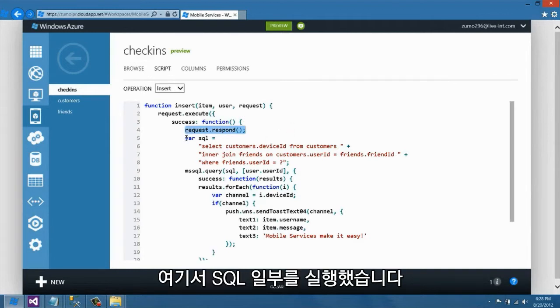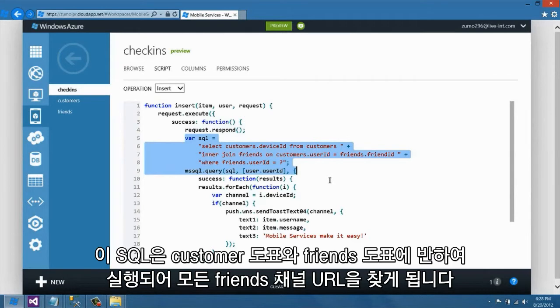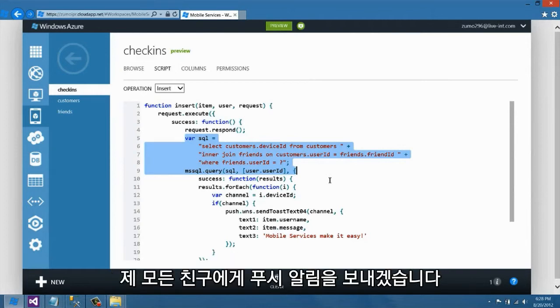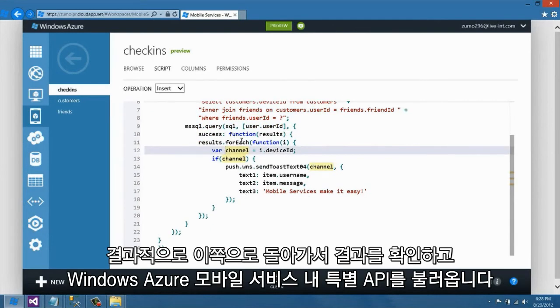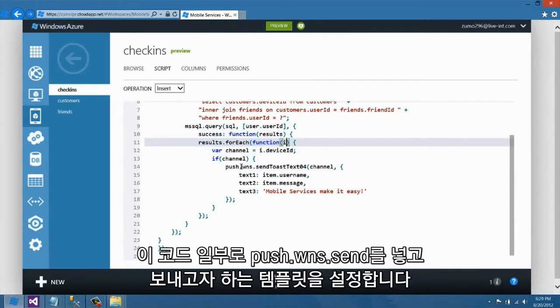So we execute a piece of SQL here. This SQL is going to operate against the customers table and the friends table with a join to find all of the friends' channel URLs. So we're going to be able to send a push notification to all of my friends. In the results callback here, we enumerate over those results and we call a special API in Windows Azure Mobile Services, this piece of code here,